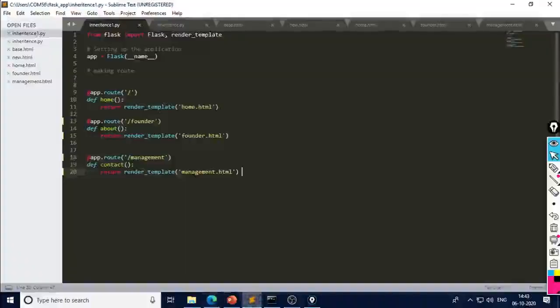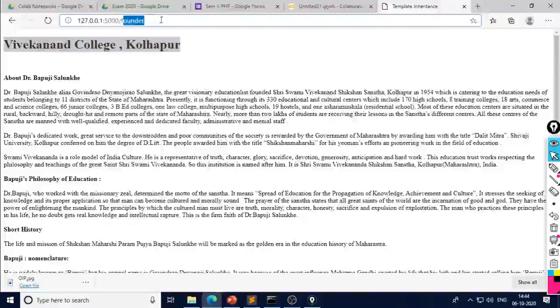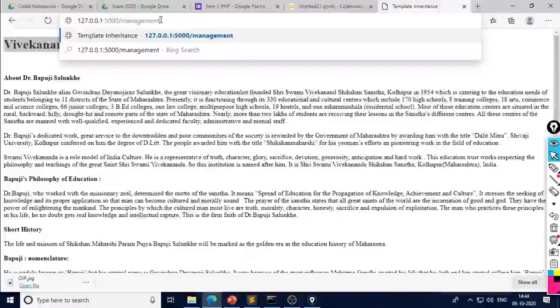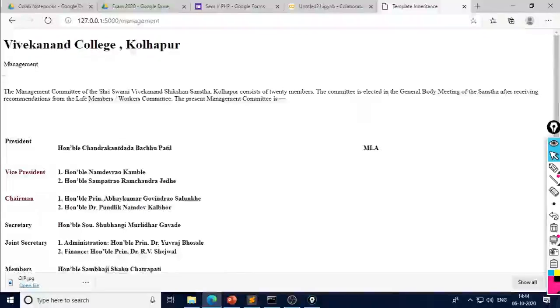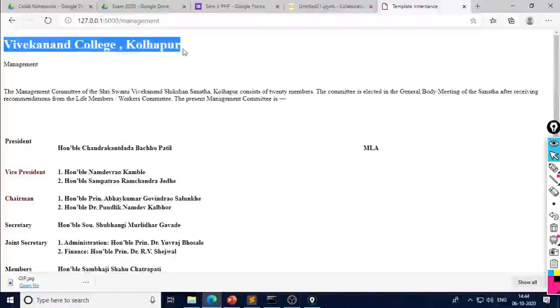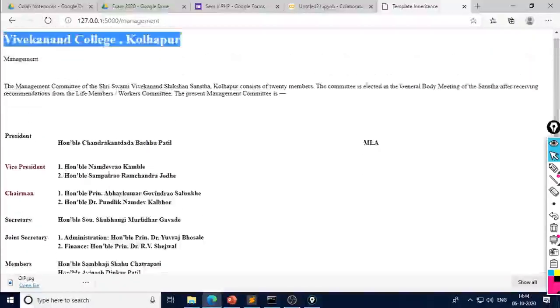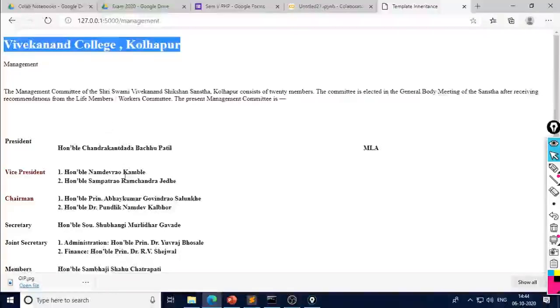Then what is the third URL here? Management. So right here management. What does it give here? Again the heading part remains the same, Vivekanand College Kolhapur, which is present in base.html, and this is the remaining part which is present in management.html.